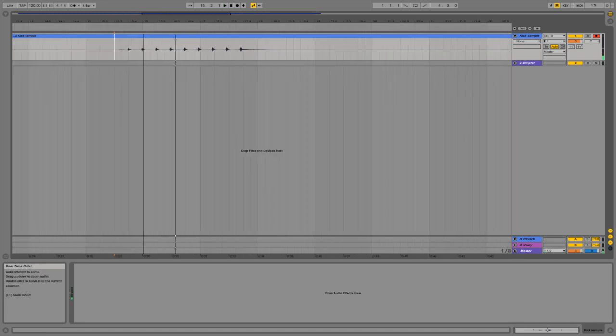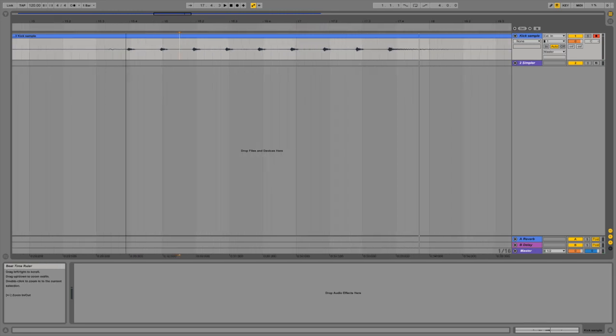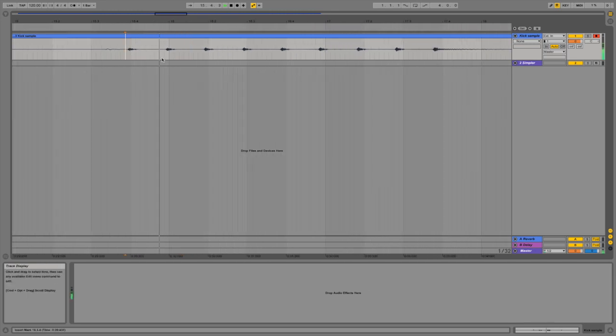This one, for instance, here. Okay, so the best sample that we've got so far is probably this one here. These two, in fact. So what we'll do is we'll just highlight these, and if you press Control E on your keyboard, then you can actually crop these samples here, and then you can just decide which one you want. So I'm just going to take the first one here and just crop that again, so Command E, and what